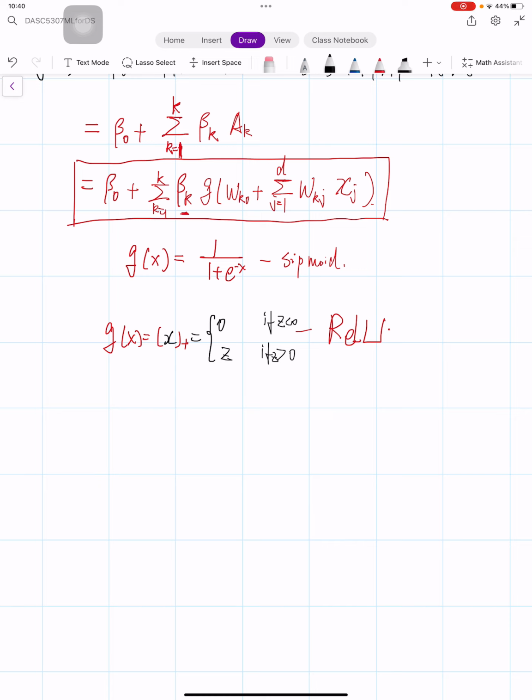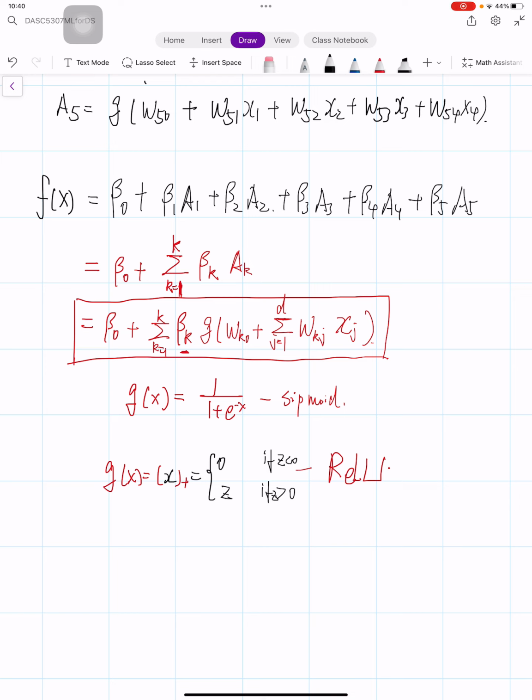Although it thresholds at 0, because we apply it to a linear function, the constant term wk0 will shift this inflection point. So in other words, in this example, if we apply the ReLU activation function,